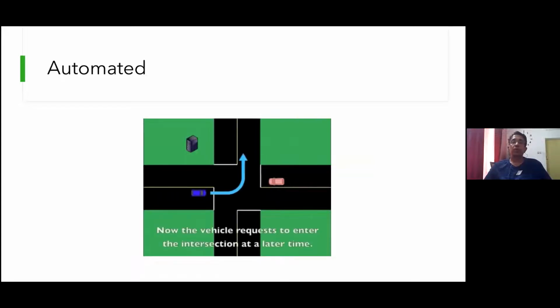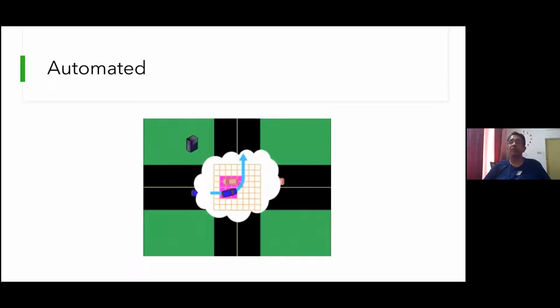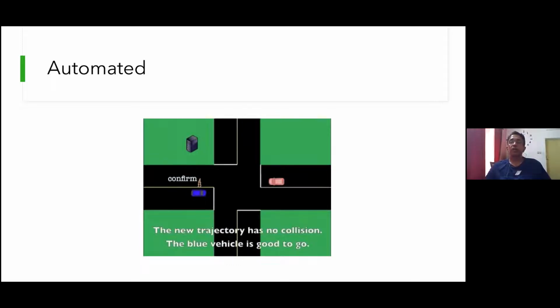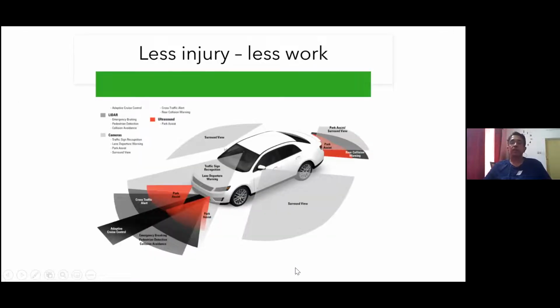Now what this can do is it can slow down one of the vehicles, like in air traffic control. You tell one plane not to land and your plane keeps going in circles because the aircraft is not finding place to land. So here it would delay one of the vehicles and ensure that there is no collision. It would allow one to go through and then the other would come. So this kind, some of us might have bought very advanced cars like this.